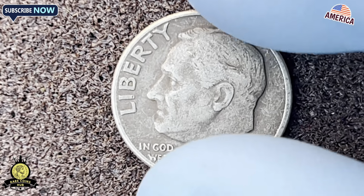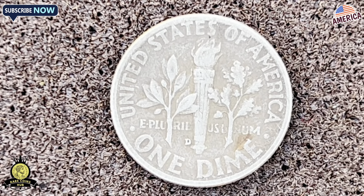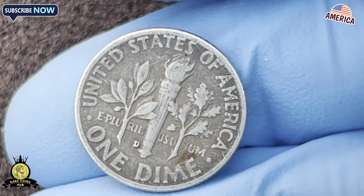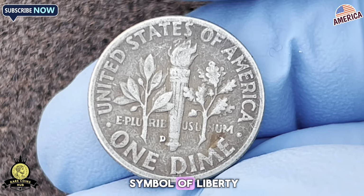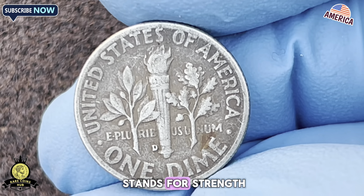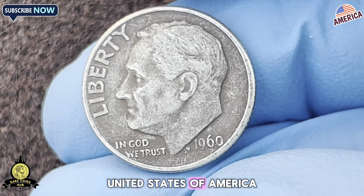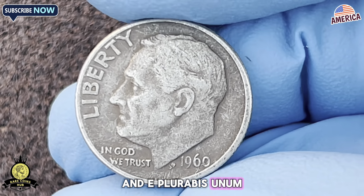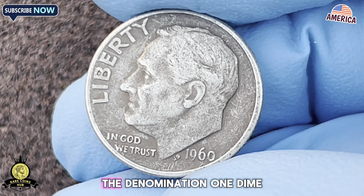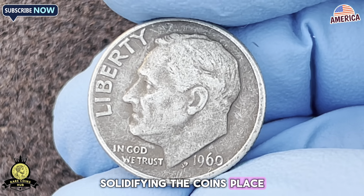The reverse side of the 1960 dime, like all dimes minted after the design change in 1946, features a torch, an olive branch, and an oak branch. The torch is a symbol of liberty, the olive branch represents peace, and the oak branch stands for strength. Surrounding these symbols are the words "United States of America" and "E pluribus unum," out of many, one. At the bottom of the reverse side, the denomination, 1 dime, is clearly marked, solidifying the coin's place in America's